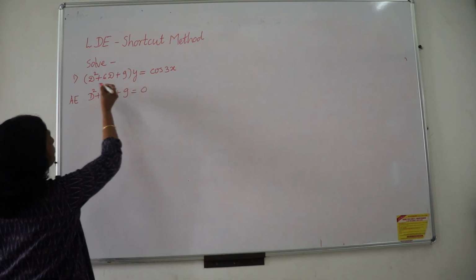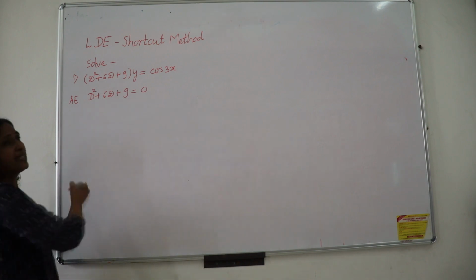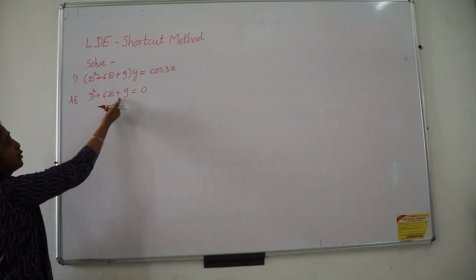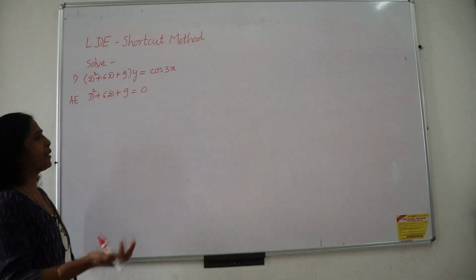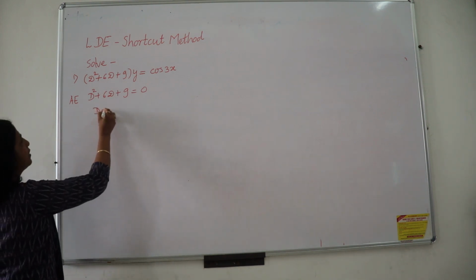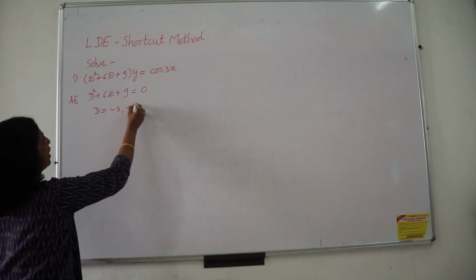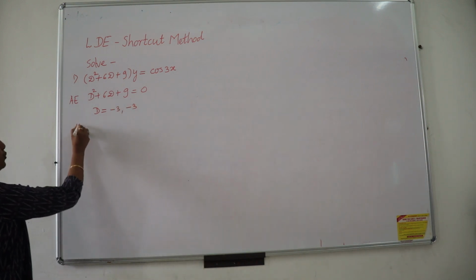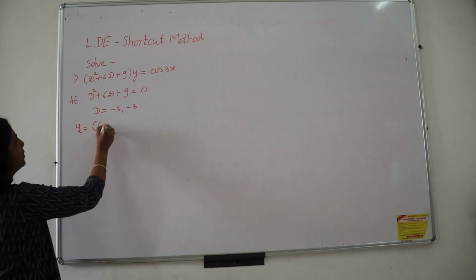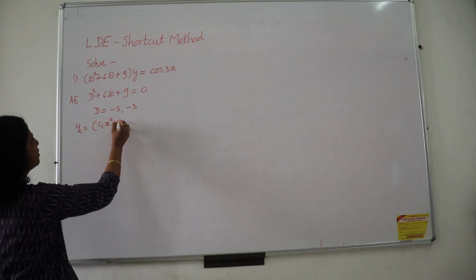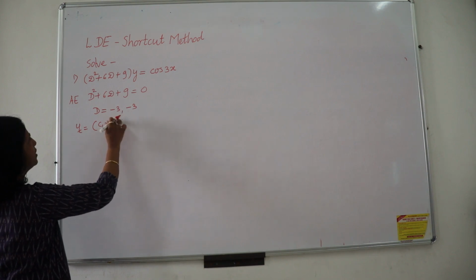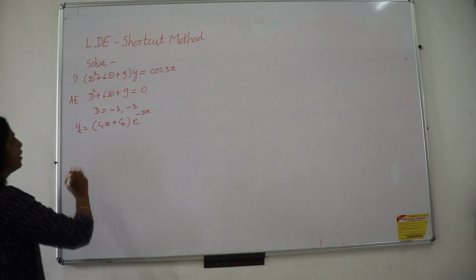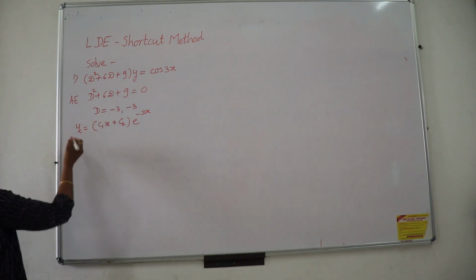I directly continued because it is in D format, and you may simplify it manually, as multiplication is 9, middle term is 6. Split it as 3, or you may simplify it on the calculator to get the answer. D is equal to minus 3, and this is repeated 2 times. Roots are real and repeated, so your YC will be in this form: (C1x + C2) e raised to minus 3x. This is your YC, or you may change the combination even.